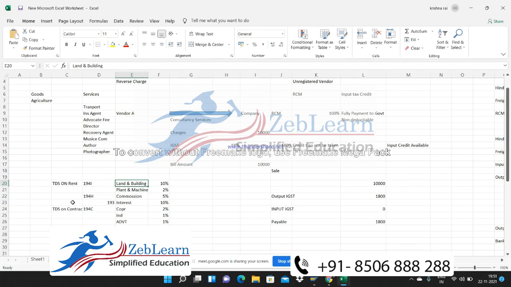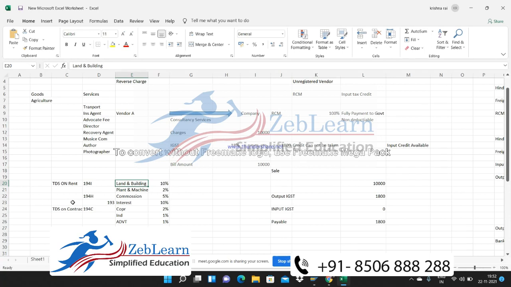So I may charge a penalty, but on the other side, the government is losing revenue. For that reason, the government has made this new rule: anybody who takes any services from a person, an entity or a corporate needs to deduct TDS and pay it to the government by the 7th of every month.